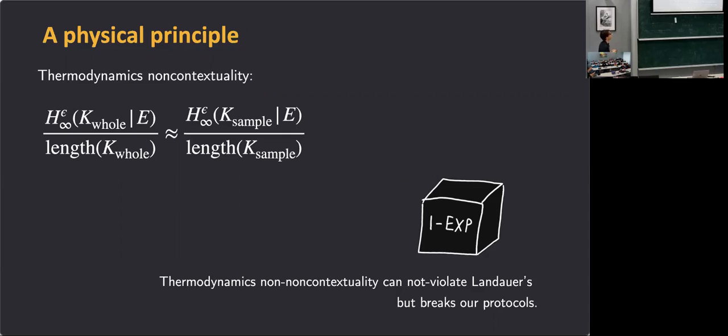So in this kind of thermodynamics, with contextuality, we would be able to break the protocol that I presented without violating Landauer's principle, without violating the second law of thermodynamics. So while my model was agnostic as to whether we wanted to talk about a classical or quantum model, it did rely on this fact, that thermodynamics is not contextual. And this is what I thought was the most interesting surprise of this model, after the fact that it was actually possible.